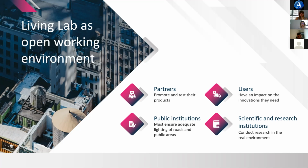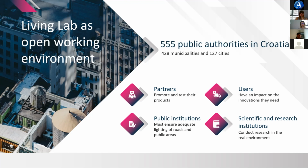Since this is the one and only Living Lab for outdoor lighting in Croatia, and I can say in the south and east part of Europe, there are more than 5,500 public authorities in Croatia that are interested in it and that need to improve their lighting system. But it is often very hard to choose the right lighting solutions, referring to specific requirements